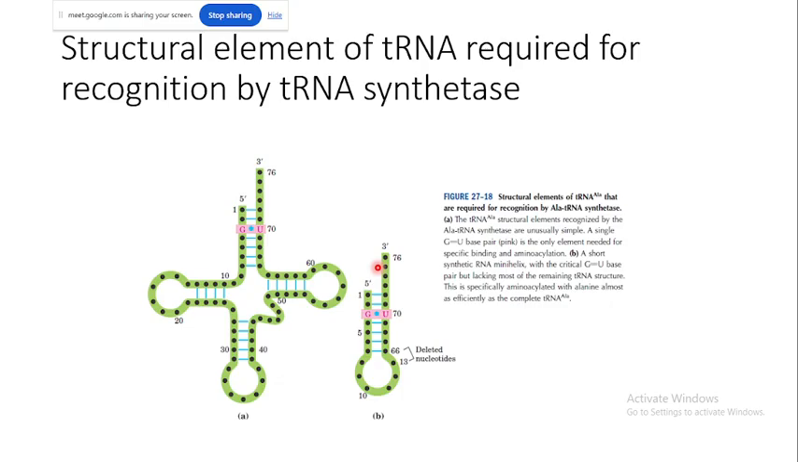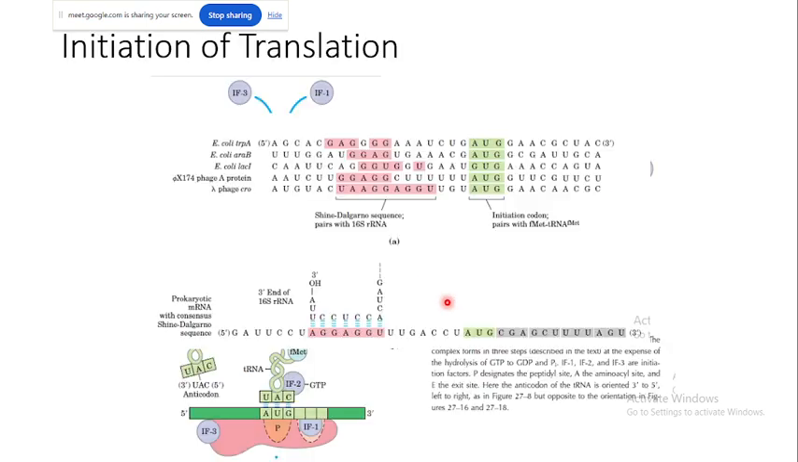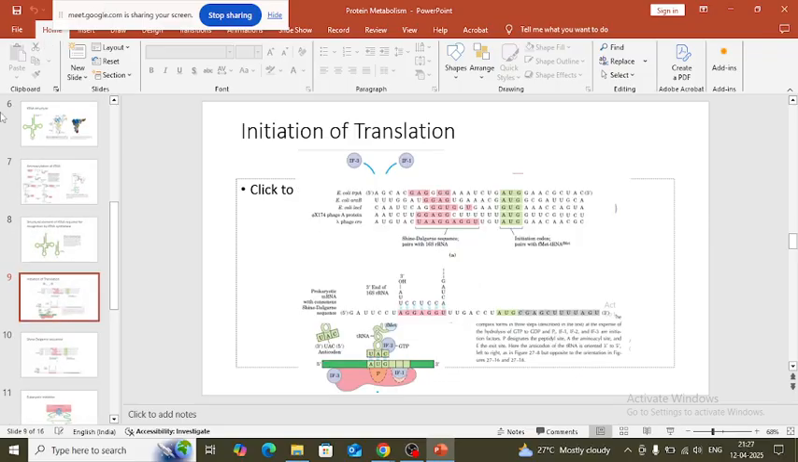So this GU base pair is for the recognition by the alanine tRNA synthetase. So this is only playing a crucial role. This is enough so that this tRNA can be recognized by the alanine tRNA synthetase, and it will be charged by an alanine amino acid. So now we will see